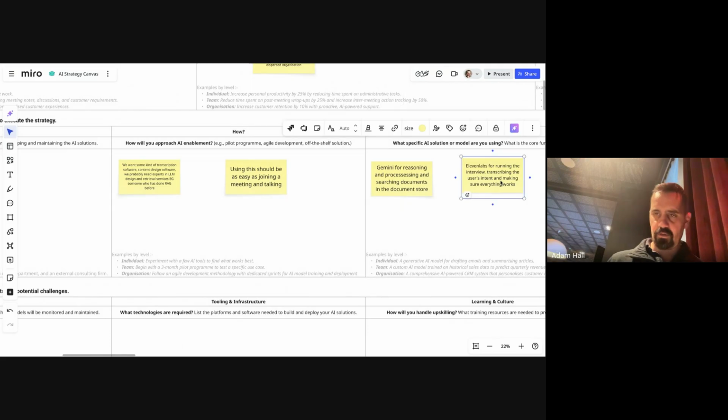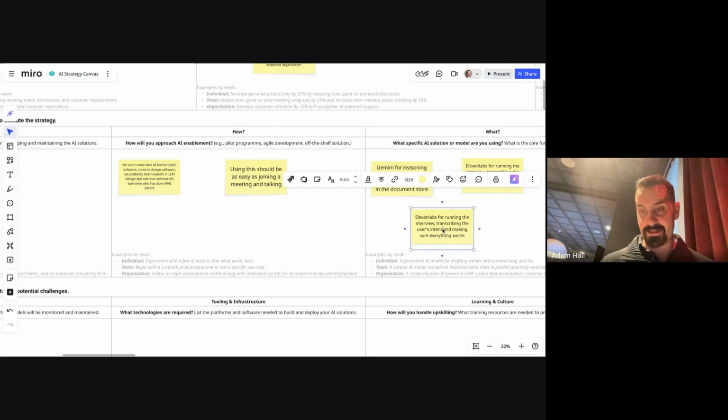And we are currently demoing some other stuff, so N8N, for producing workflows to link up AIs and make sure everything slots together.